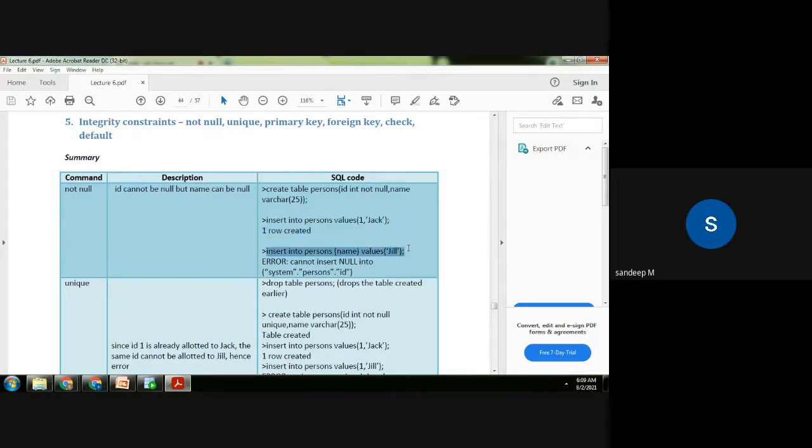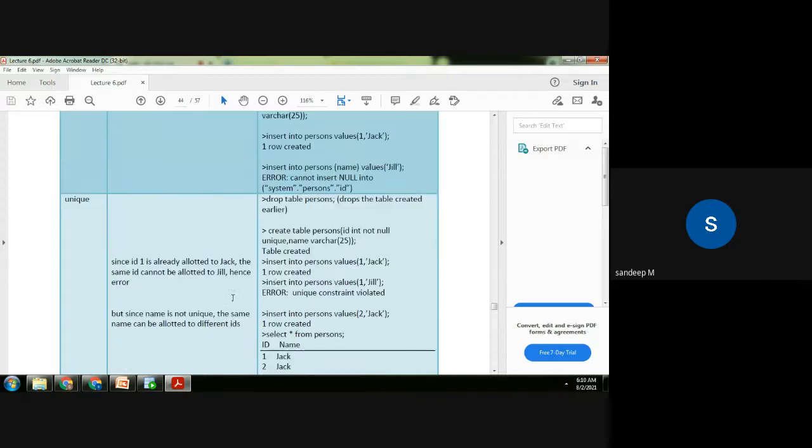But in this example, we're giving only the name. We're not giving the ID. In that case, you'll get an error, because you cannot insert a null value. So that is a very important constraint. There will be attributes where we cannot allow null values. Say, for example, in government schemes, you have to provide Aadhaar. For some data sets you enter into government applications, Aadhaar entry will be a required column. There you can use this sort of not null constraint.